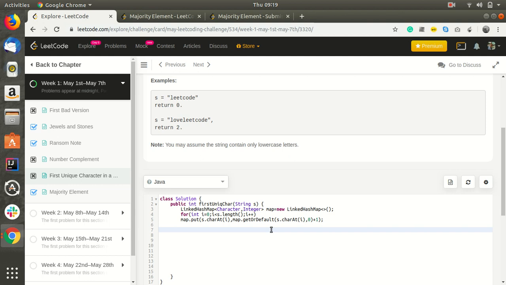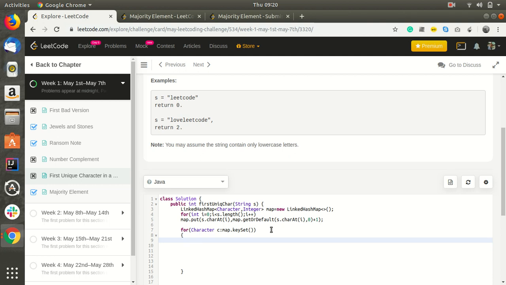So now we will iterate through the keys of the hash map. So how we will be doing it: character C in map.keySet. Now we have all the keys of the map.